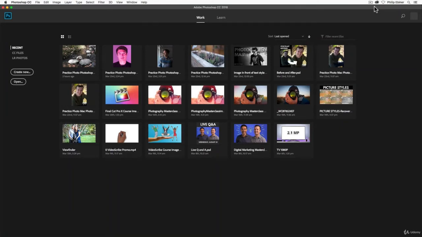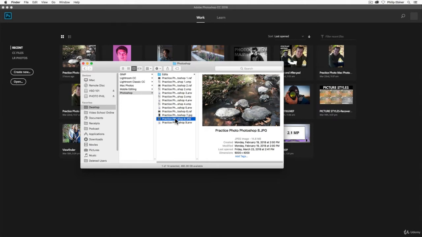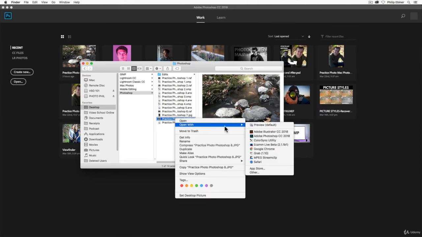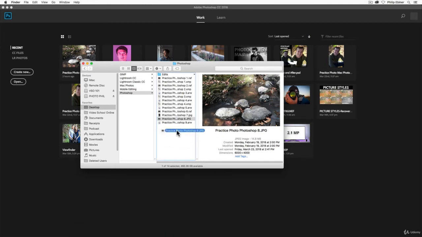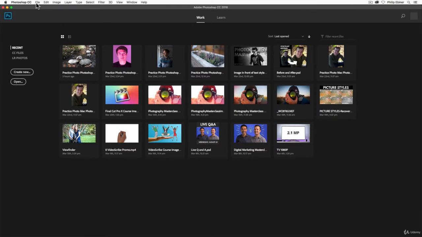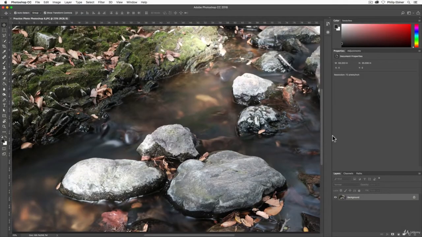In this lesson and the following ones, we're going to learn how to edit your photos in Photoshop itself, not using Camera Raw. So first, we're going to get a quick refresher of how you can open an image in Photoshop. If it's a JPEG or compressed image and you right-click it and choose Open with Photoshop, or literally just drag or drop it into the Photoshop icon on a Mac, or if you're in Photoshop and choose File, Open, and then choose that JPEG, it's going to open it in Photoshop itself.